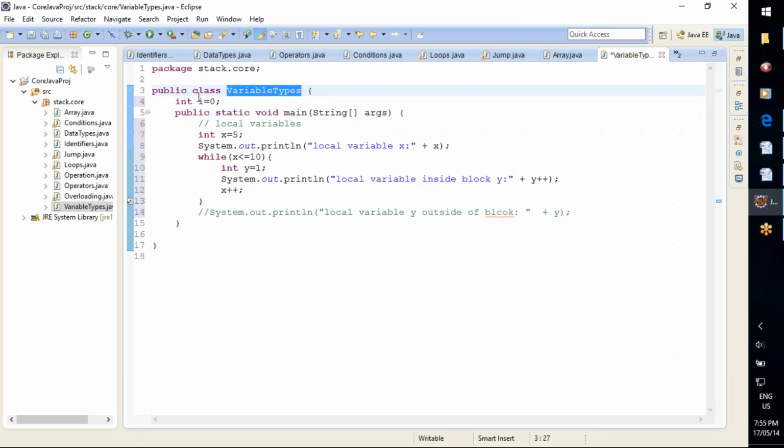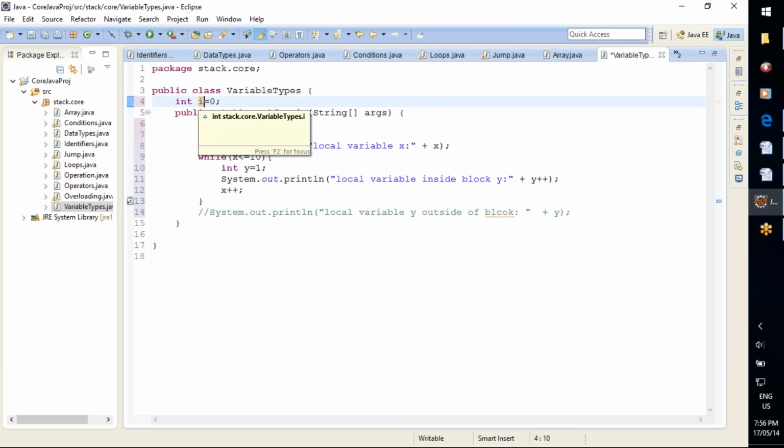Suppose if I create two objects for this class, object 1 and object 2. So object 1 has one I variable and object 2 also has another copy of I variable. That means here that I variable will be instantiated twice for two objects. If I create 100 objects, for every object one I variable will be created,